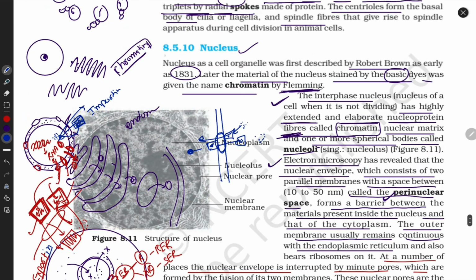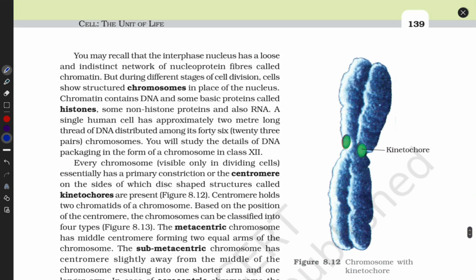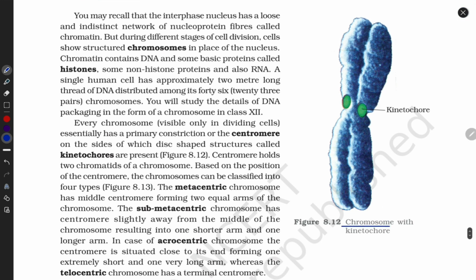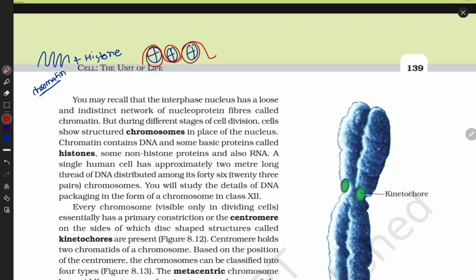So that's all for the nucleus, guys. They have genetic material, so let's study genetic material. We call it a chromosome. If I say this is a thread-like structure, we call it chromatin. If chromatin plus histone supercoil, this is the histone octamer, this is the histone octamer, this is the histone octamer, and DNA wraps around. If they compact,